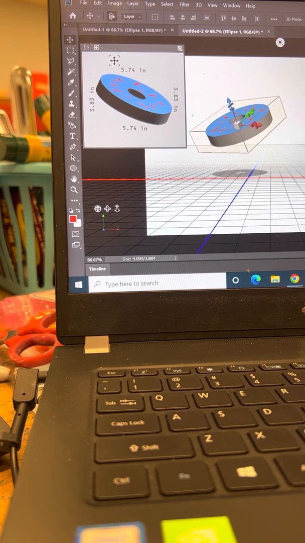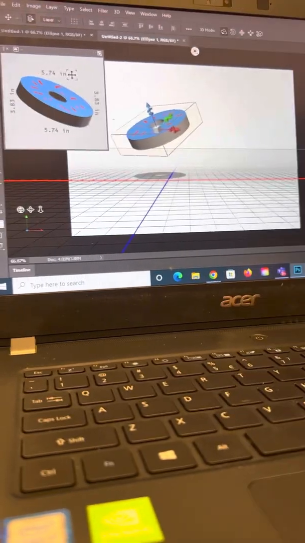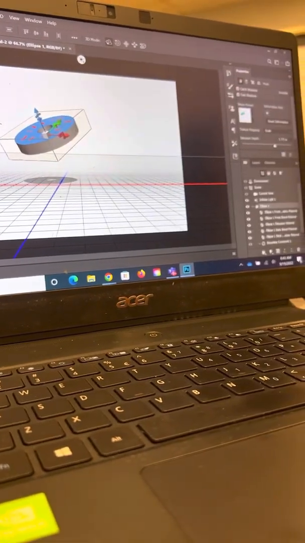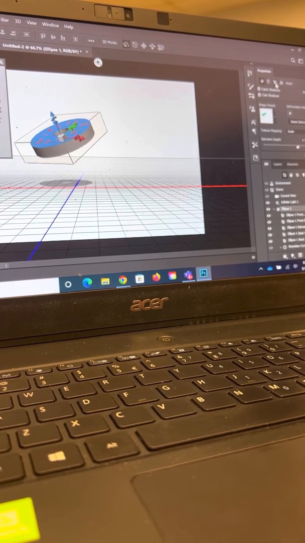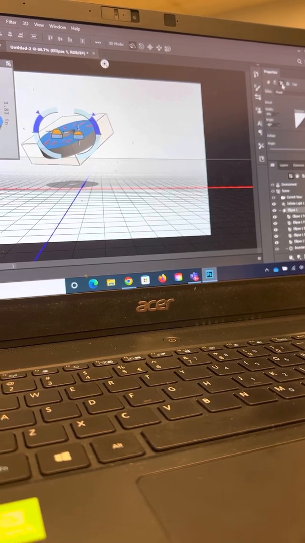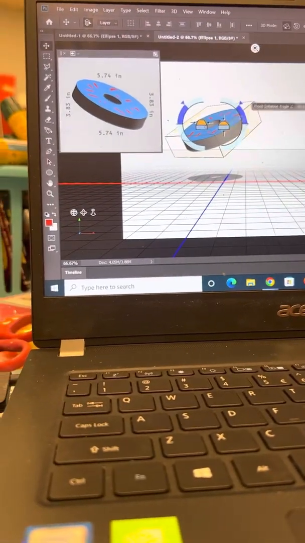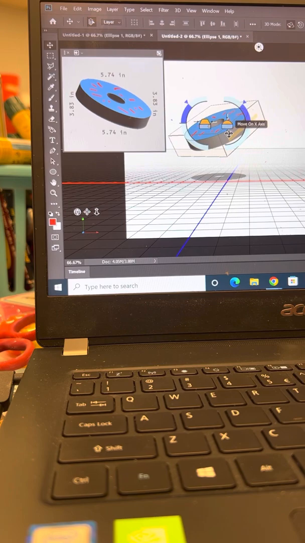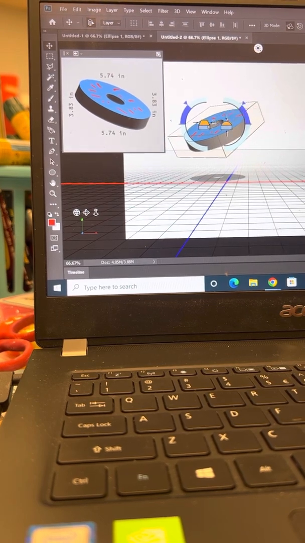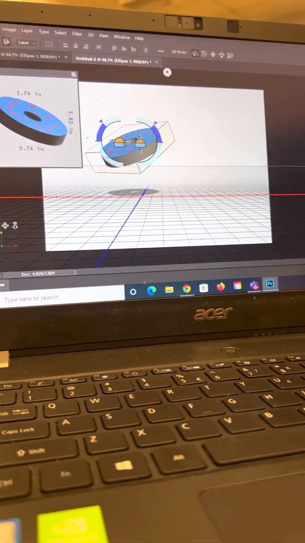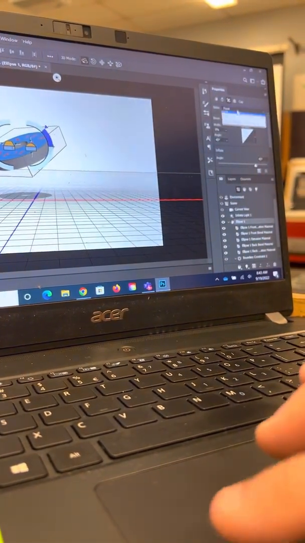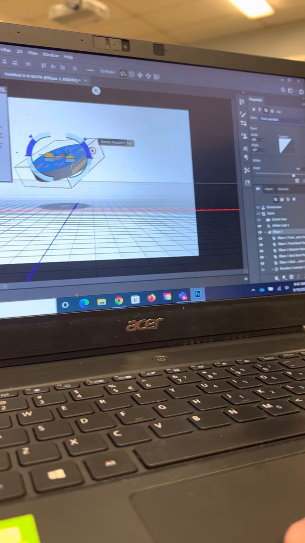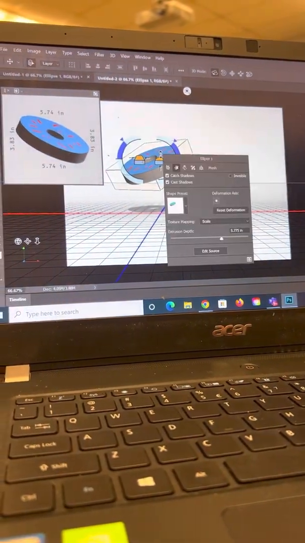So it doesn't really look like a donut yet. So over on the right hand side of the screen here, there are properties. The third one in is a cap property. So I'm going to click on the cap, and it brings up some selections right here. So we can inflate and squeeze our donut. But whatever I do, I'm going to go back to my properties. I want to do it to the front and back. Okay, so here,